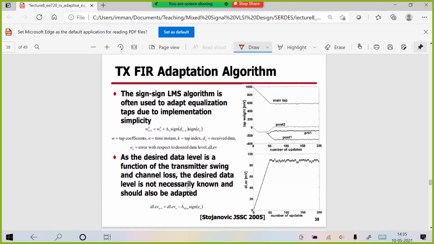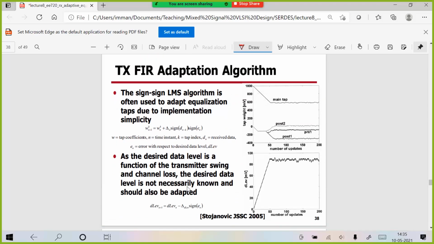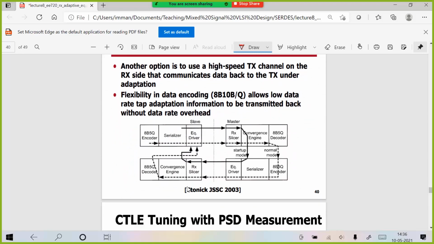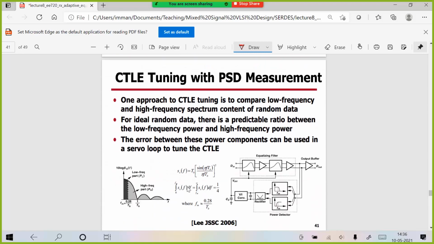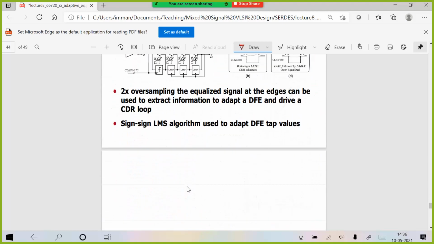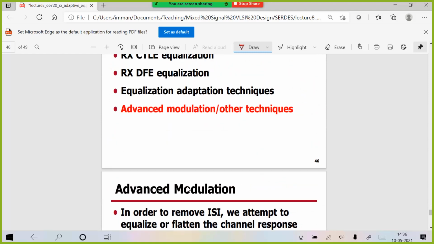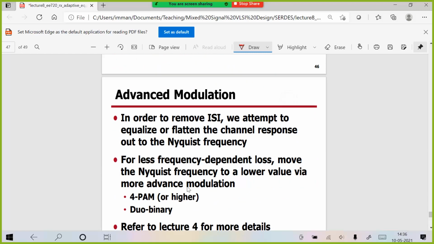So basically, as you can see here, it's just some kind of a DSP algorithm. So number of updates and how it works and so on. So I skipped this part. We'll just know that there is some kind of adaptation going on. It's too much to cover throughout this whole course. What I want to cover towards the end of this class is basically advanced modulation schemes and other techniques. Okay. So far what we have seen is that the data is encoded as a two-level signal, right?